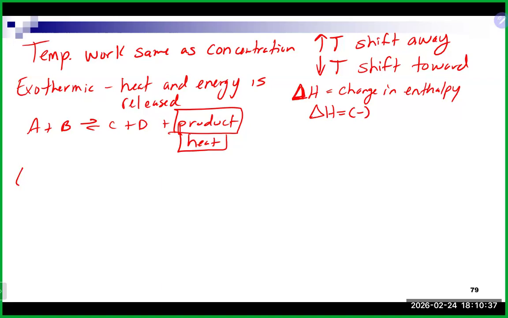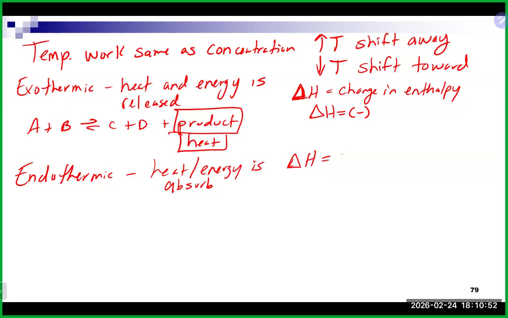The other option is an endothermic reaction. Endothermic, heat and energy is absorbed. And usually the delta H for an endothermic reaction will be a positive number. So if you see a positive number for the delta H value, it is going to be an endothermic reaction. Opposite of exothermic, since endothermic means it's being absorbed, we think of heat and energy as being a reactant. So we think of it as being on the reactant side here